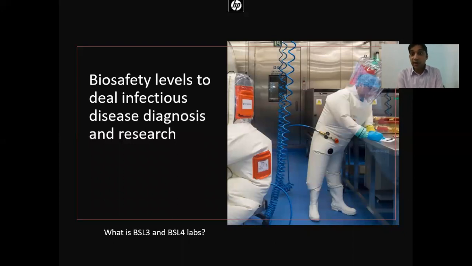Since we don't have an antiviral drug, we don't have a treatment, we don't have a solution, we can't risk people. If we ask people to come to one place to give their samples for analysis, that means we should have a place where we can deal with those samples in a very protective way. We don't have those labs. I believe we have just 2 labs with biosafety level 3 status. I guess one is in Islamabad and another one is in Karachi, but you can increase my knowledge if there are more labs out there. So this is the problem.